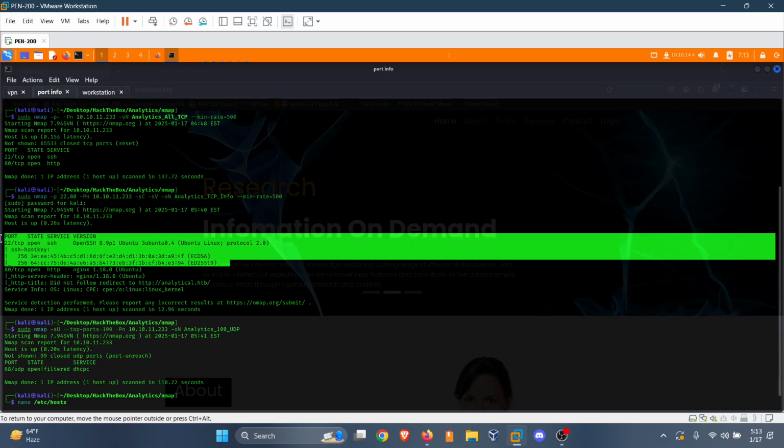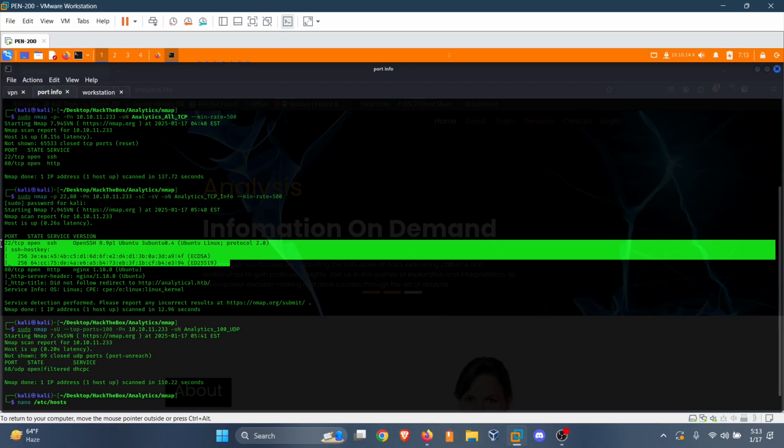So the thing to note is, number one, OpenSSH is 8.9, which is not really exploitable, so we can remove that. Yes, you could do a brute force on this right away using the default credential type lists in SecLists, but I did not bother with that because that is usually never the way. And we start off with port 80. So I went straight to port 80, and over here it gives the host name of